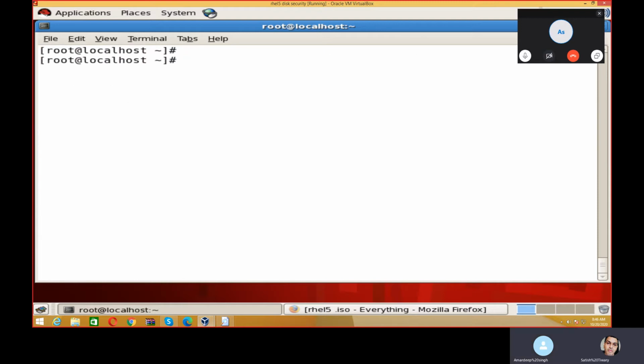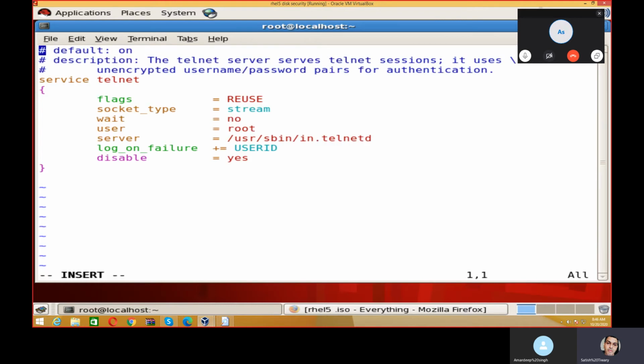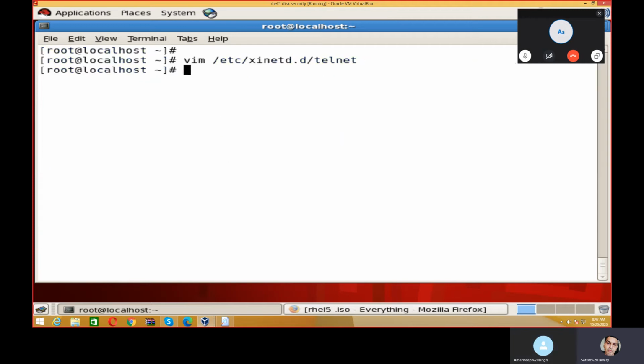Once you install telnet, you have to go to its configuration file. The configuration file of telnet is vim /etc/xinetd.d/telnet. Inside this file, the only change you have to make is disable = no. Just save this file and restart the service, xinetd restart.